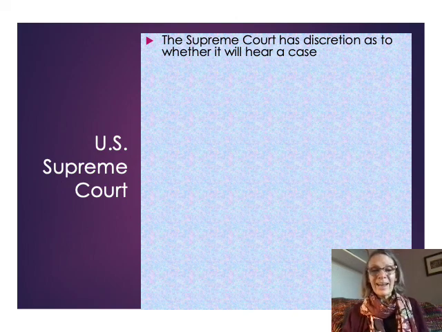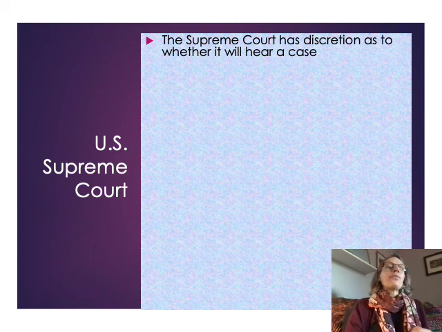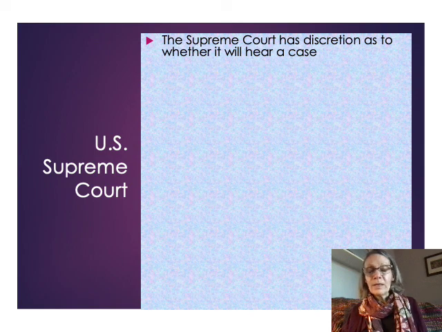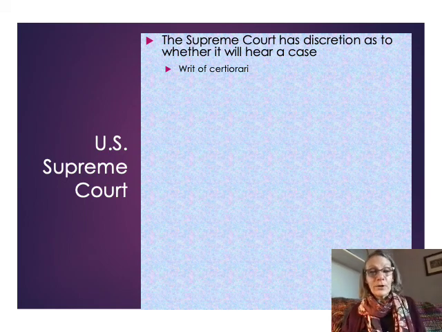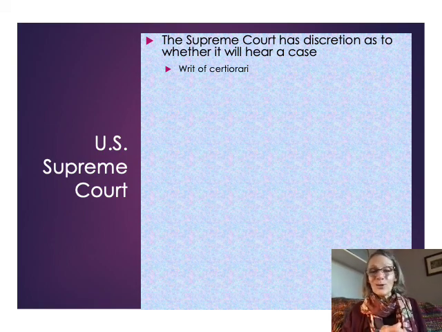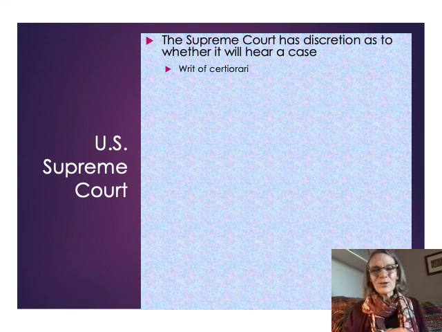They have discretion. And as you'll see in the Vox video, thousands of petitions are made to the Supreme Court every year asking the Supreme Court to review their case for the final time. And only a handful, about 100 cases, are granted review. And when the Supreme Court says, you know what, we're going to hear your case, we're going to give a final appellate review of this case, they issue what's known as a writ of certiorari. Okay, it's also known as just cert.